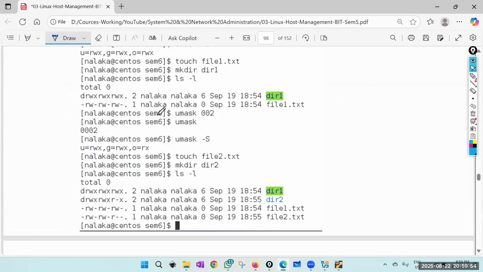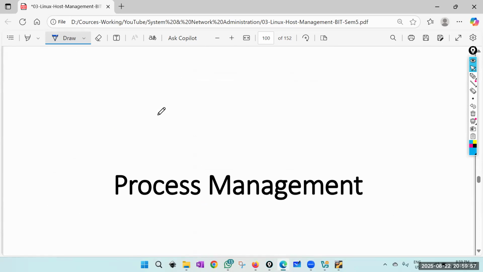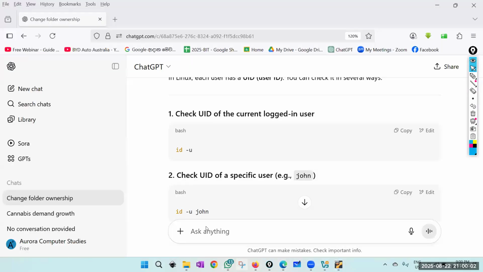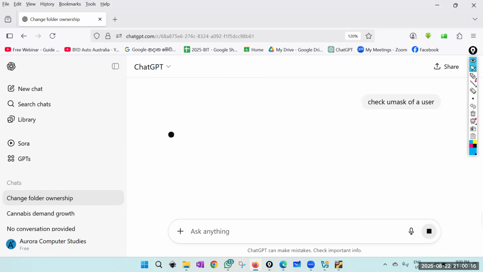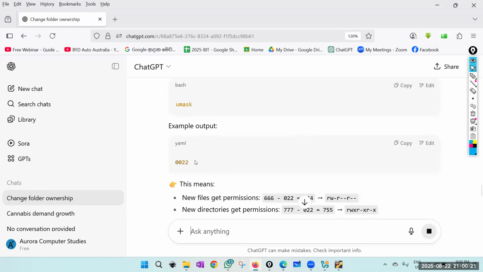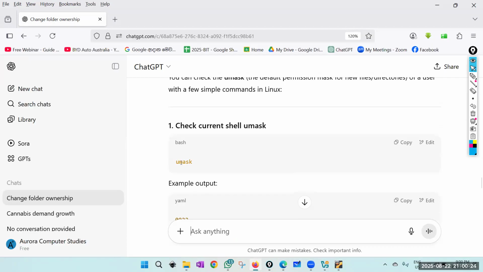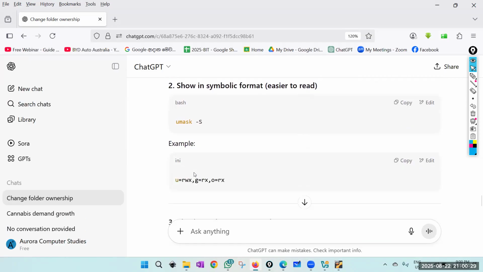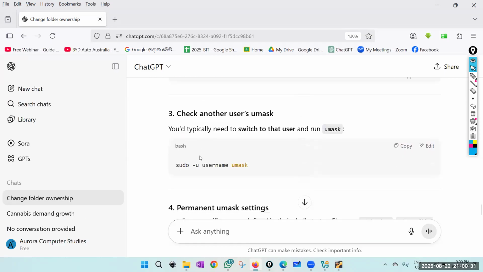Can't we look at the others? User mask. Okay, let me double check. ChatGPT. Check umask of a user. That is the current user. That is symbolic format, current user. You can see